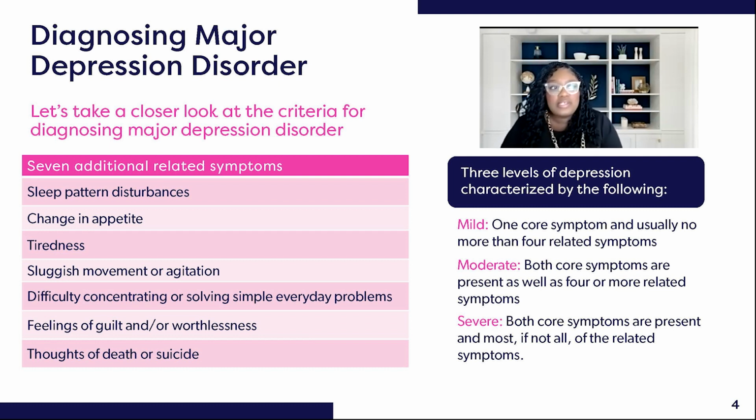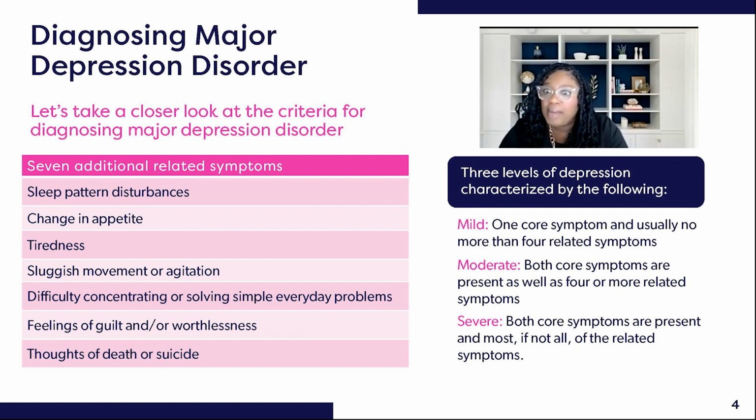Sleep pattern disturbances, change in appetite, tiredness, sluggish movement or agitation, difficulty concentrating or solving simple everyday problems, feelings of guilt and or worthlessness, thoughts of death or suicide. The three levels of depression are characterized by the following: mild, and this is kind of what I was touching on